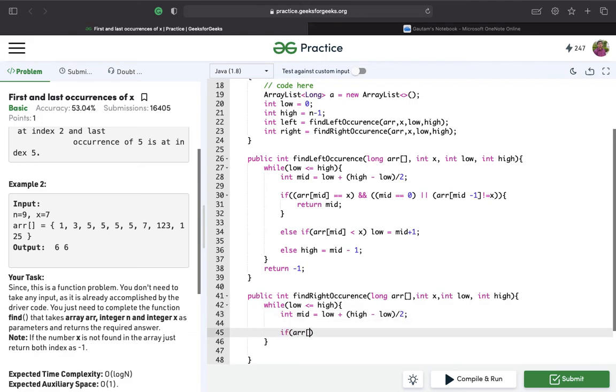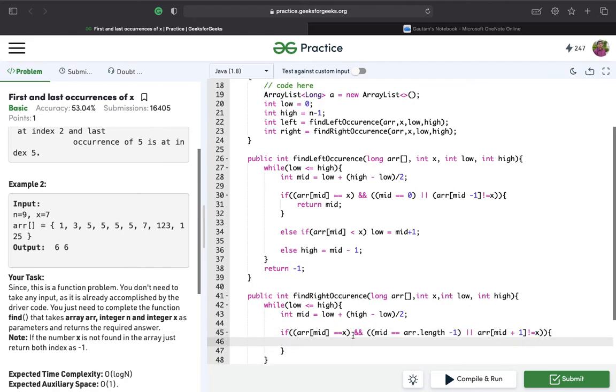If ARR of mid is equal to x, just let me add some more parentheses, and mid equal to n minus 1, that is ARR dot length minus 1, or ARR of mid plus 1 is not equal to x.